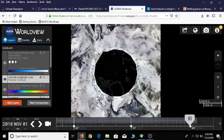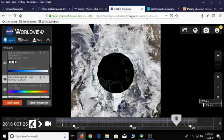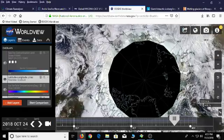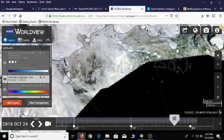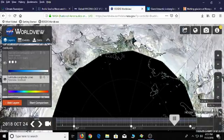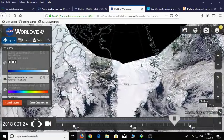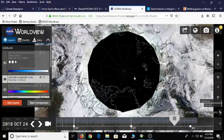So let's go back a few days, and if you want to just see a picture of what the sea ice is looking like as it's refreezing, we might be able to see something. It's hard to see with all the clouds. Here's a little bit of ice there, it looks like, but it's hard to see. But we do see green, which is the algae. We do see green there. So since there's not much else to see up there, let's go down